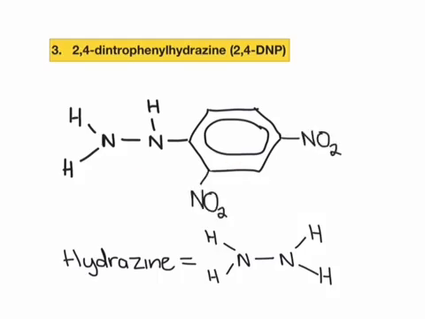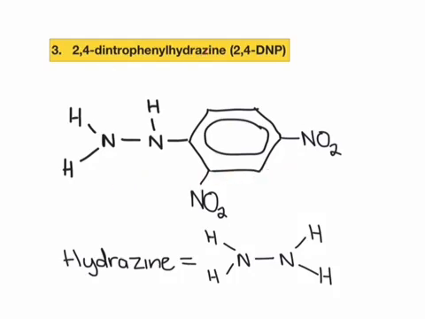Now if you add two nitro groups onto positions number 2 and 4, so there's the phenyl group, the hydrazine group is on position number 1, there's a nitro group on position number 2 and a nitro group on position number 4. So that is the structure of